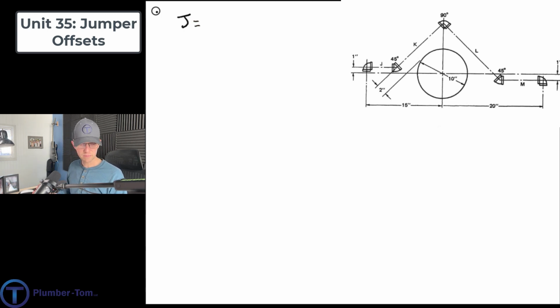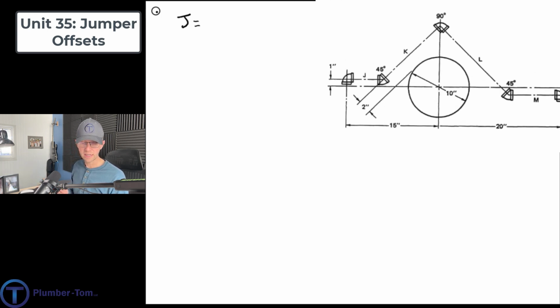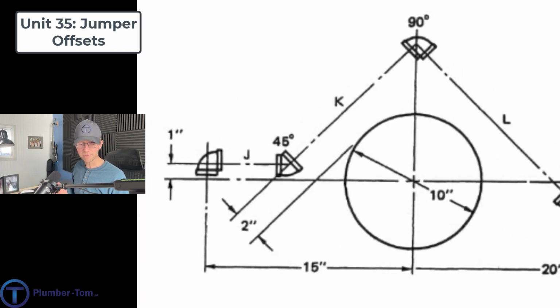J is going to be that section from the 90 on the far left to the 45. Notice at the very bottom of the diagram, we have 15 inches. That's from the center of the circle to the center of the 90 on the far left side. Somehow we may be able to figure out J by this triangle inside of here. Notice that if we take K, which was 12 and 9/16, I'll substitute that in here, 12 and 9/16,